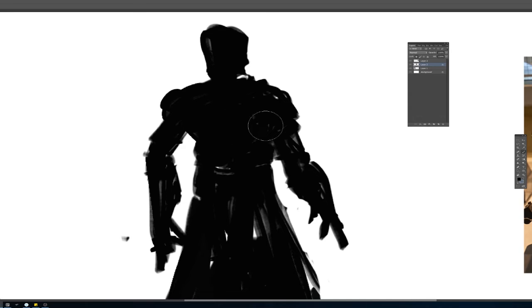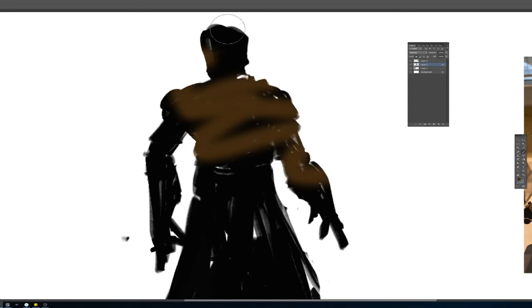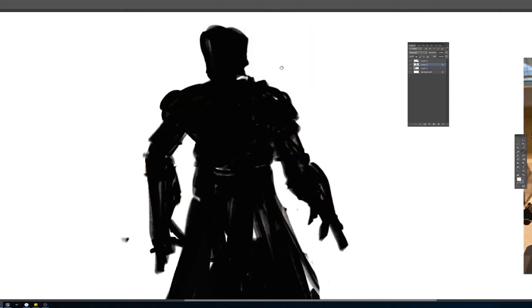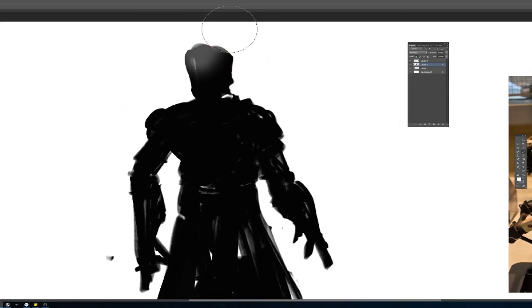When you hit lock, no matter what you do, it's always going to paint within that form, right? So using that idea, I'm going to paint in my light. I'm just going to do a basic pass. I'm just going to have a light source come from the top. So it's just a nice fat brush to get kind of